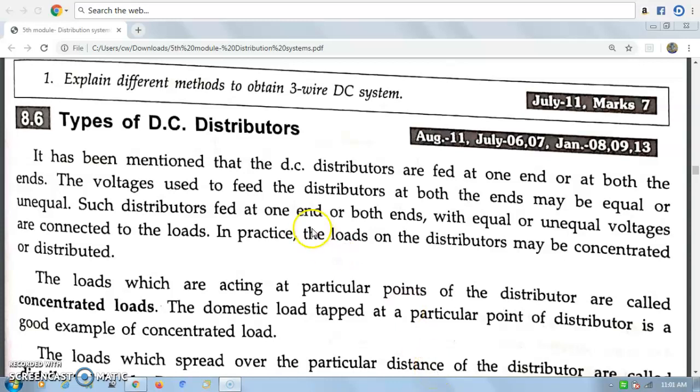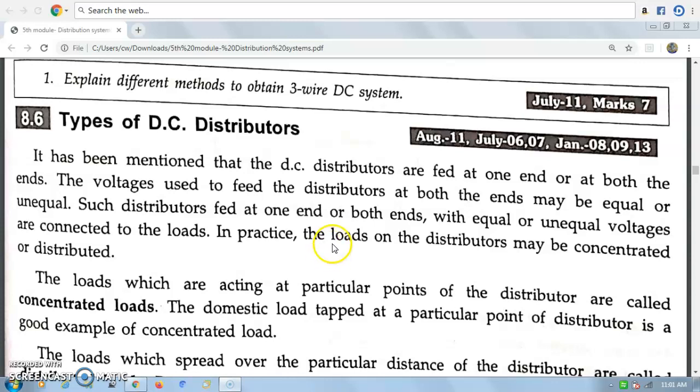Next topic is types of DC distributors. Okay, let's have a discussion on these types. Already you know that distributors are fed at one end and also at both ends. Voltage is used to feed the distributors at both ends. It may be equal or it may be unequal. So the distributors fed at one end and both ends with equal and unequal voltages are connected to the